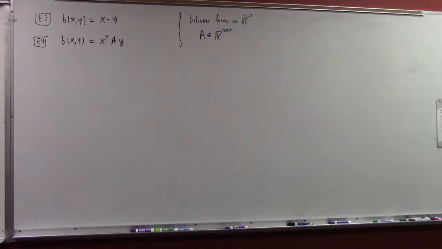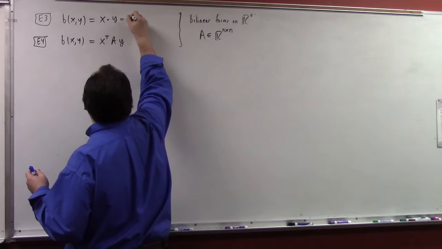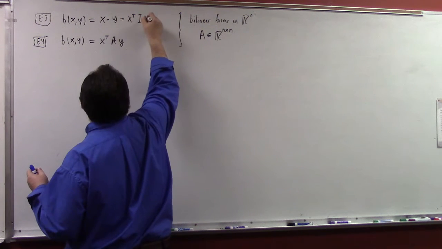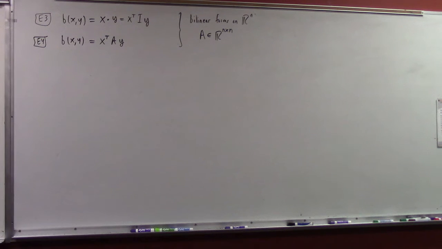That's like week 1 in Calc 3, right? This we know. And really, example 4 is example 3, right? Because you could rewrite this as x transpose the identity matrix times y. So really they're not different examples, truth be told. And,